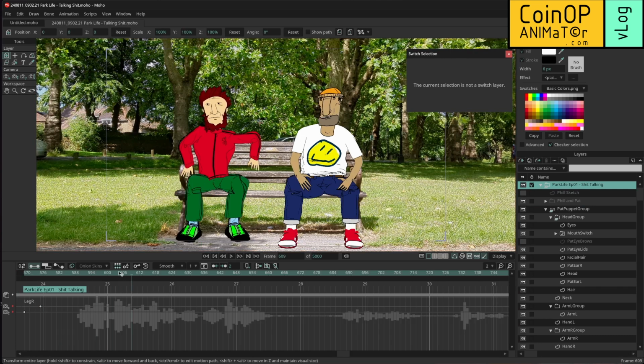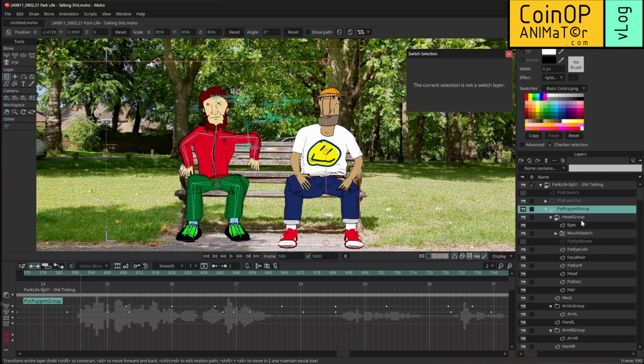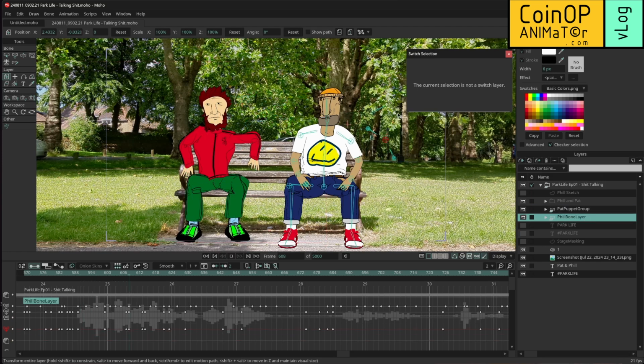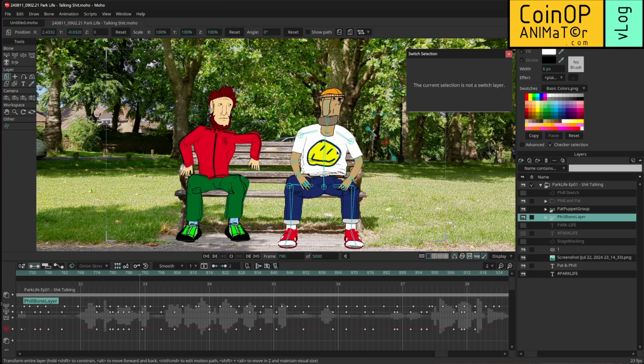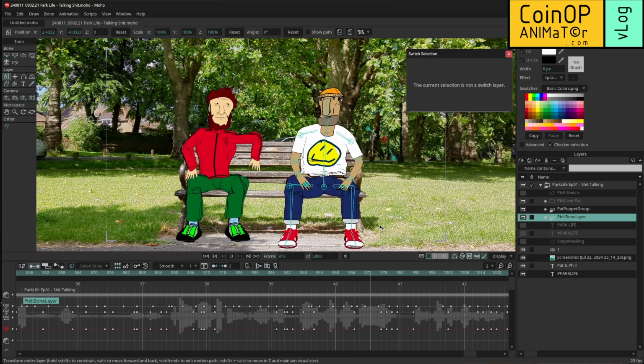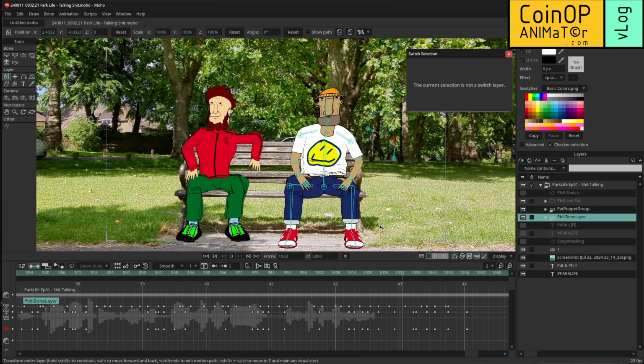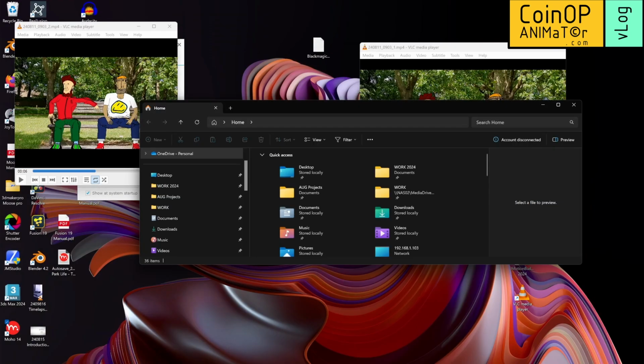So what I decided that I wanted to do was use a bone tool, which would actually move Phil's mouth about. It was fine, it looked okay, but I wasn't happy with it. It was harder to animate than I thought it was going to be. But then I did a couple of tests, and I thought, well,